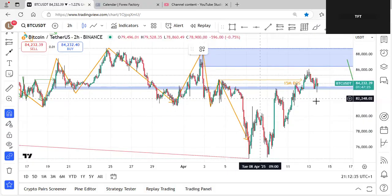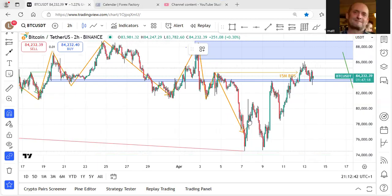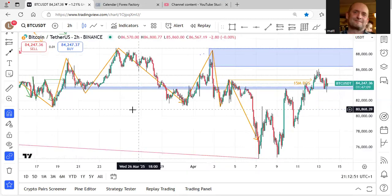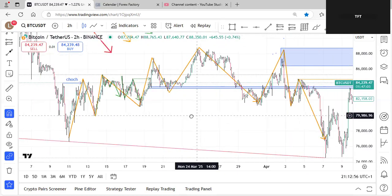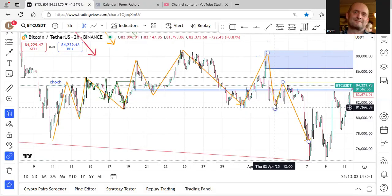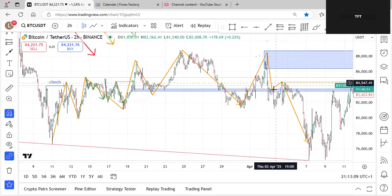It's a shame, but obviously the markets are never perfect. They're never going to make it easy for us. Well, if it's going up to that liquidity, it's got to get up there somehow. You can't have everything. It's never going to be so easy. It's got to break that structure to the upside for a bit. If that was just something like that, then you'd be like, oh, definitely, this is the area. But this will be thrown in to make everybody